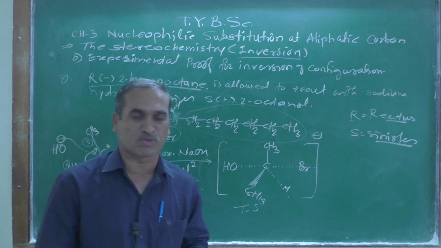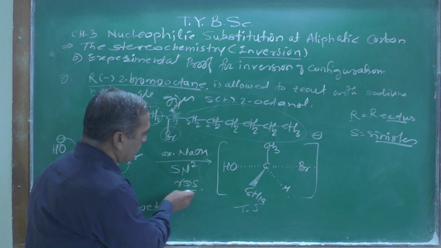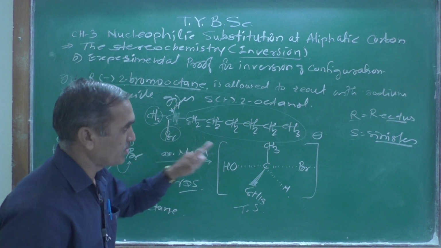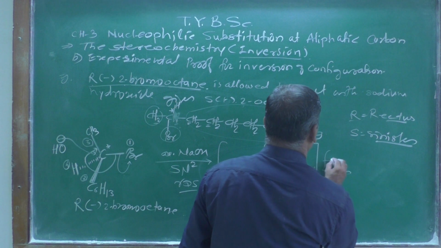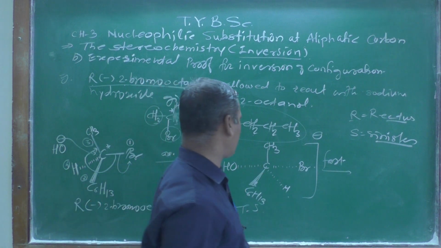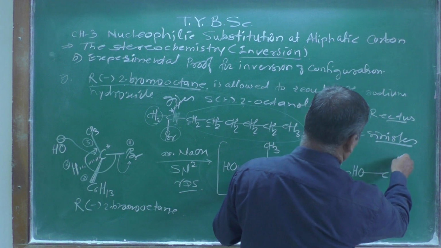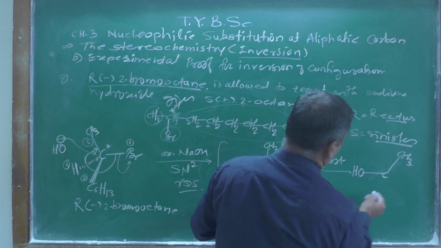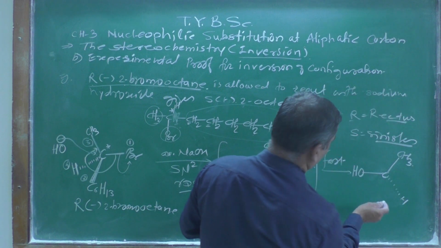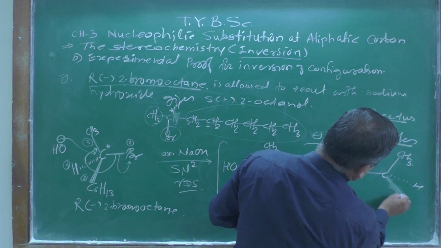This is a transition state, and as we know, this is the rate determining step. Rate determining step means we can measure the actual rate, how much time is required for the conversion of reactant into product, and the second step is a fast step. Within a fraction of a second the reaction takes place, and we are getting the formation of the product over here: HO, then C. Look at here, this methyl group is over here, the hydrogen atom is here, and this is the hexyl group,